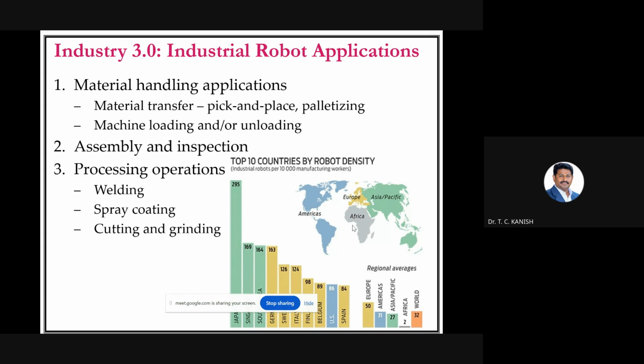And then the picture shown here shows the top 10 countries by robot density. You can see that Japan has more robots, and next to it is Singapore, and the numbers keep going on like that. The robot is the next generation. When in 2010, many of our students from 1996 to 2000, many of them, if you are seeing that,